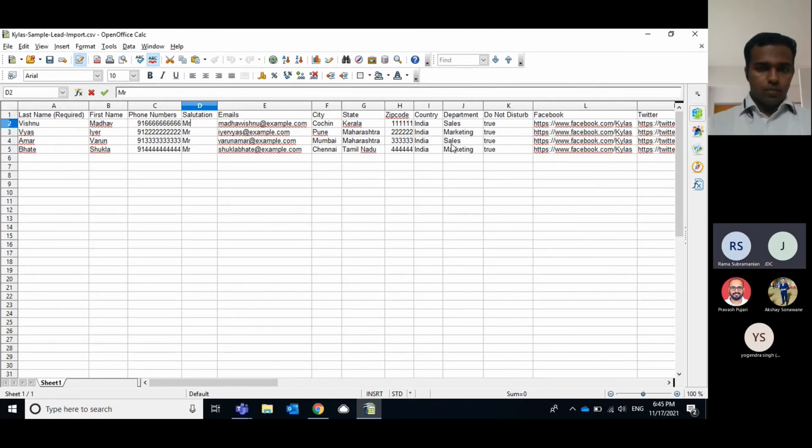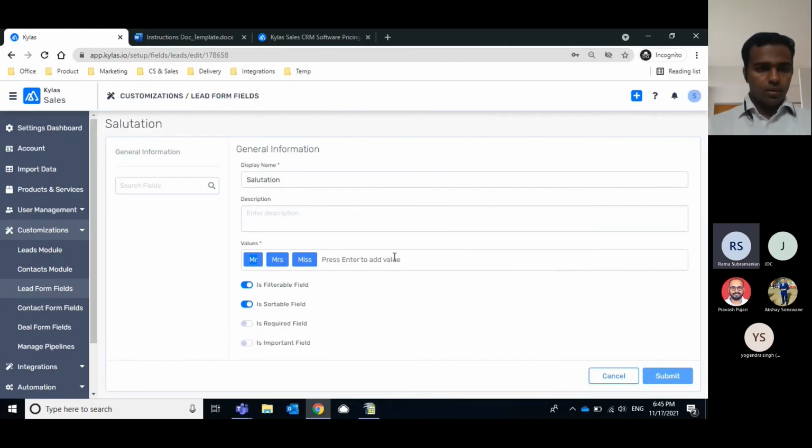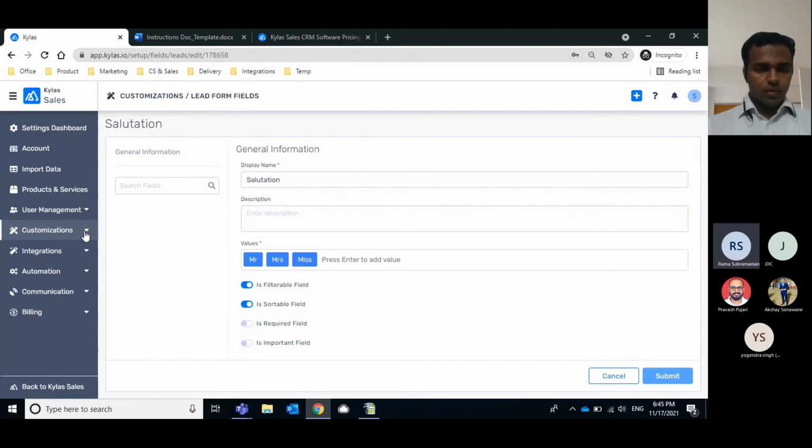I suppose we need to do 1, 2, 3 records to be able to get used to it. Are you asking for a sample file? No, that of course I can download it. Not a problem. I'm saying I have to try my own records just to get used to how it has to be done. I suppose I try out one record and then probably we'll get used to it.